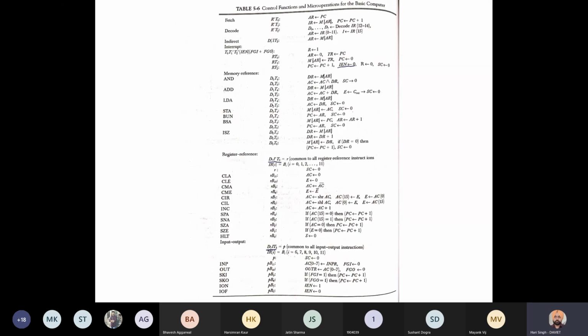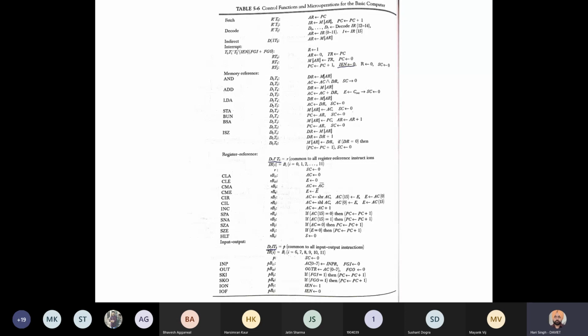Now this table shows some instructions which can be executed by this proposed or hypothetical computer. The table shows the operation performed, like decoding, fetching, then indirect or related to interrupt, then some memory reference instructions.